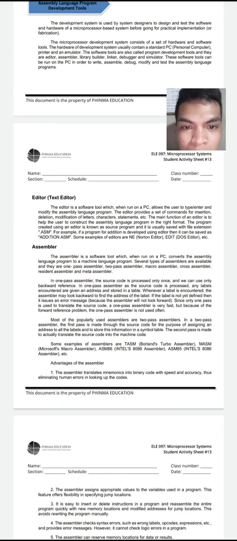The editor provides a set of commands for insertion, deleting, and modification of letters, characters, statements, and etc. The main function of an editor is to help the user to construct the assembly language program in the right format. The program created using an editor is known as source program, and it is usually saved with file extension